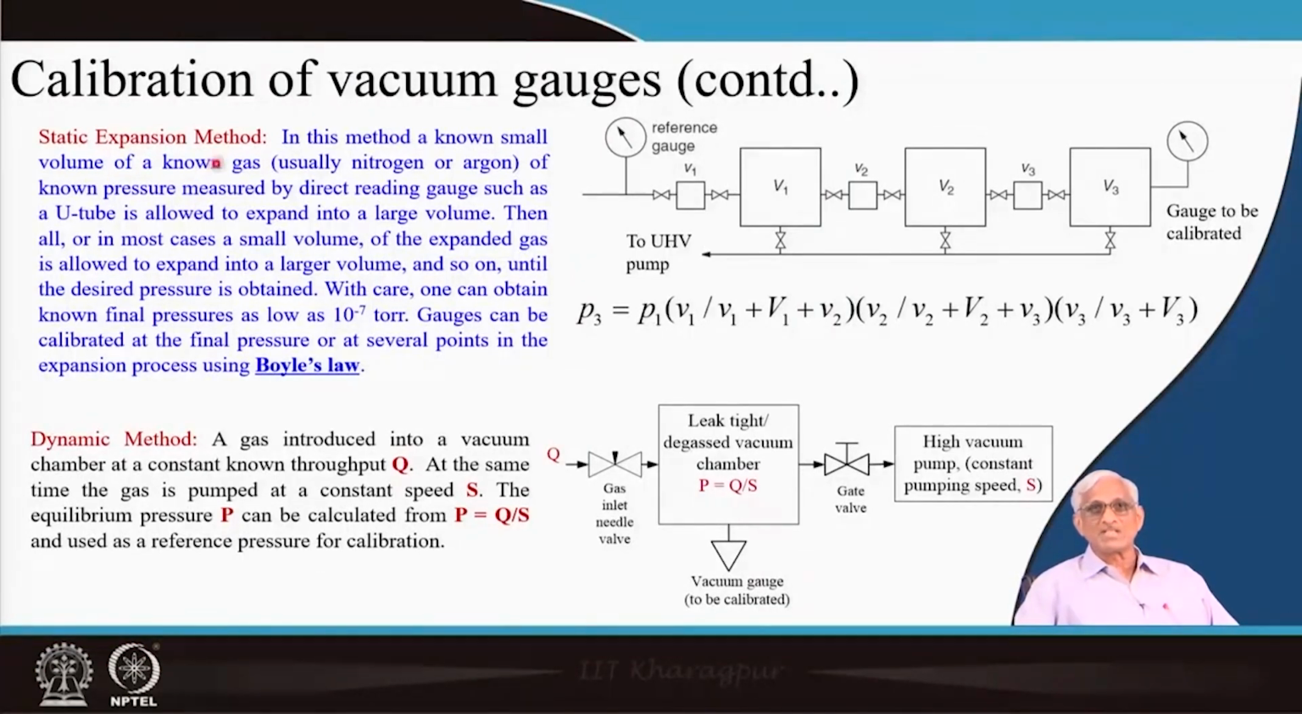There are two methods, one is called the static expansion method, and one is a dynamic method. These are fundamental methods, time and space invariant; whether you do this experiment in India or America, it is the same. For the static expansion method, the gauge to be calibrated is connected here, and there will be multiple volumes which are maintained at ultra high vacuum by a constant ultra high vacuum pump initially. Close the valves, and the chambers should be of such high quality that there is no leak,